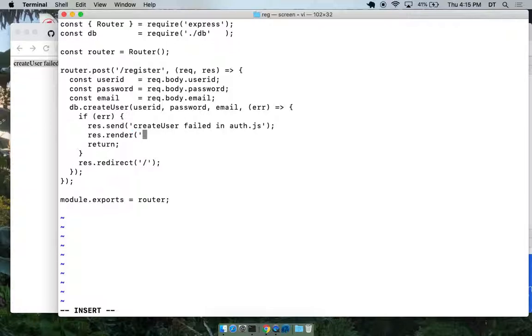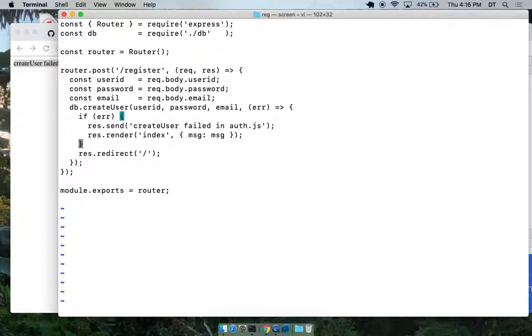Now we have to select the template. That's the index template. And now we're going to pass in the data. It's going to just be message. That's it. So this is the data object that's passed to the template. And I'm going to tidy this up a bit. And this is register. Otherwise, we're logged in, right?